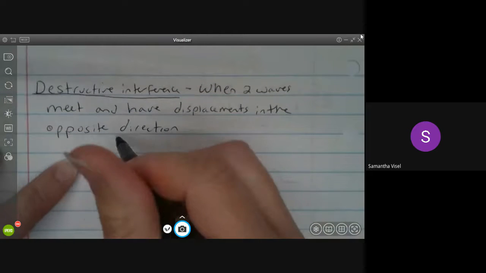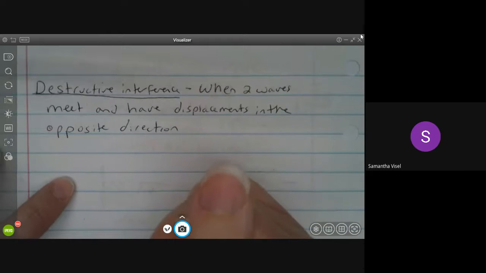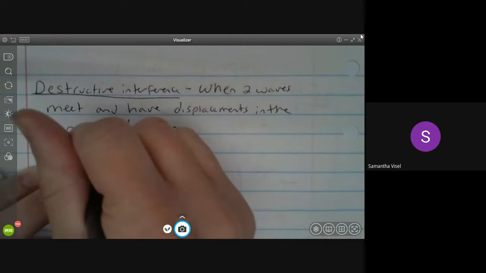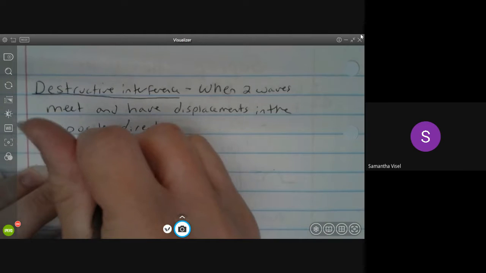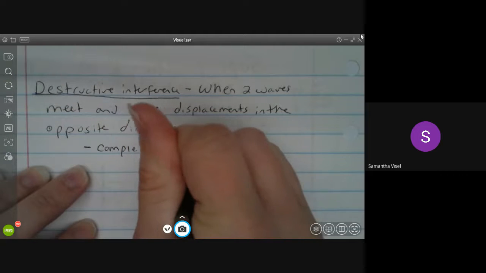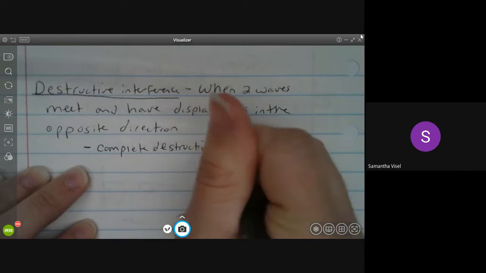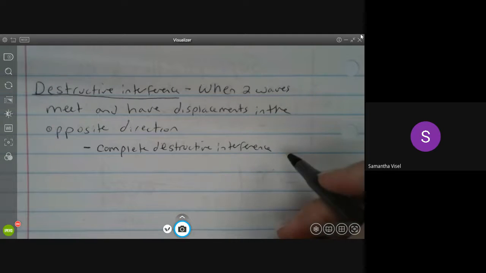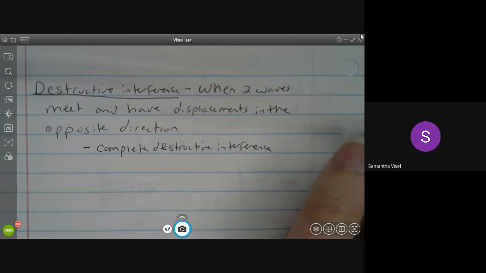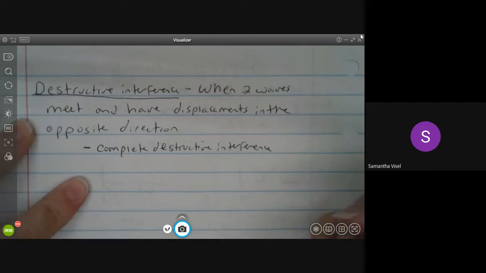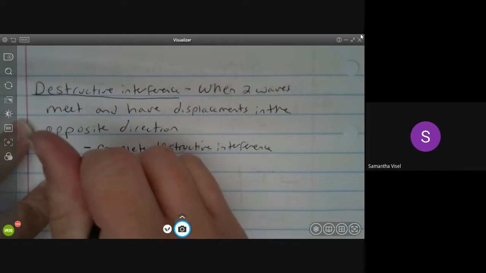Now we have two types of destructive interference problems. This is where we get our total of 3 types of interference. So we have the one type that's called complete destructive interference. And this is generally what you're assuming when you read or hear destructive interference instead of this other type. So with complete destructive interference, this occurs